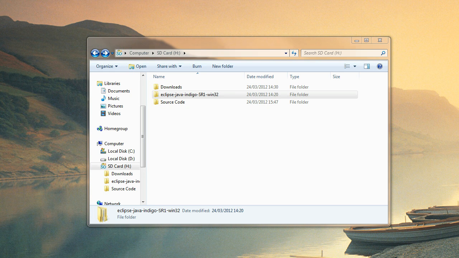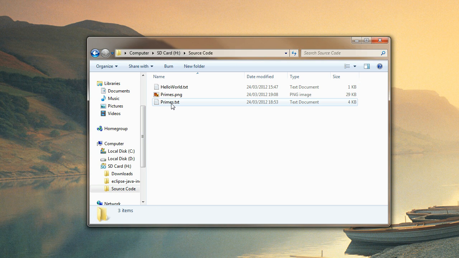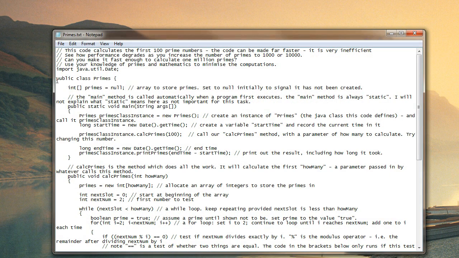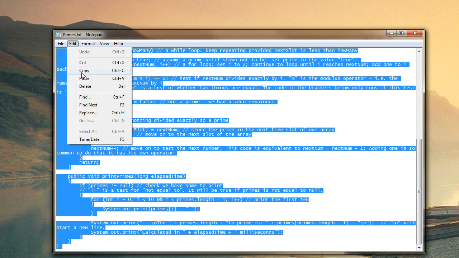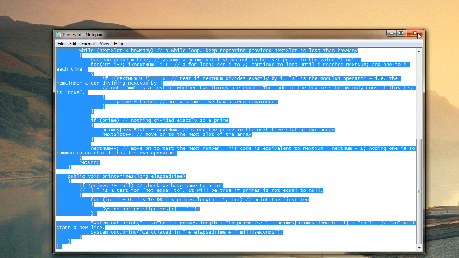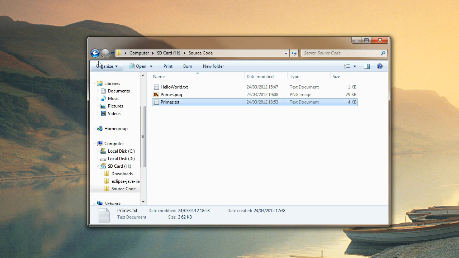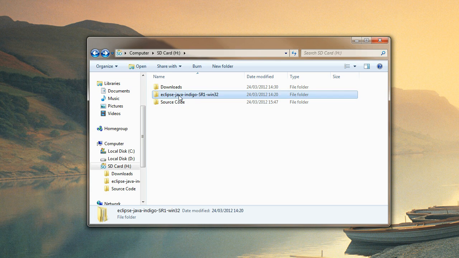So for our second task, we're going to write some software to calculate the first 1 million prime numbers. If you go into the source code directory and open the primes.txt file and just select all and copy, that'll save us having to type it in later. And then if we just start up Eclipse